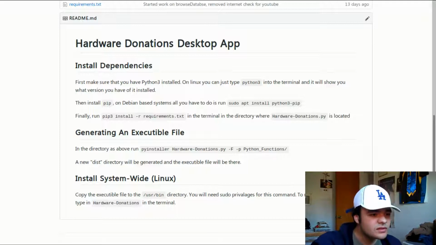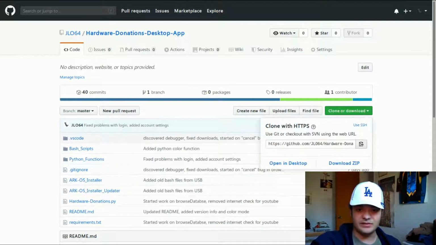So, come to think of it, I actually don't have the clone instructions. Well, something to commit later. Anyway, go into clone or download, click on the thing there, the